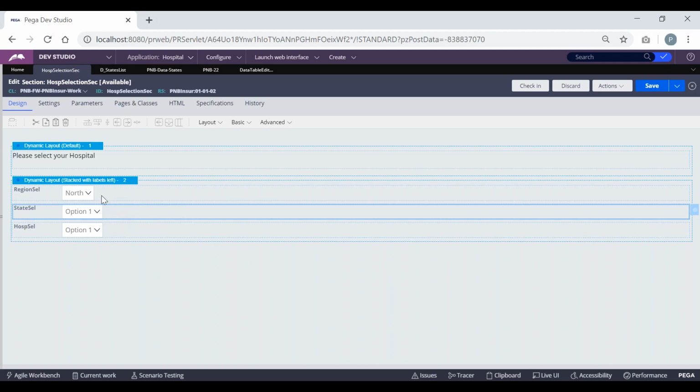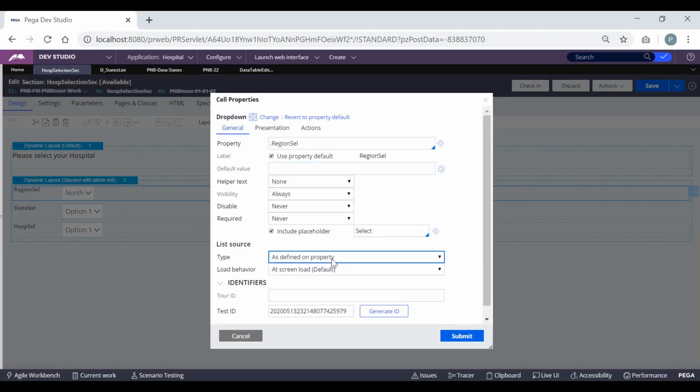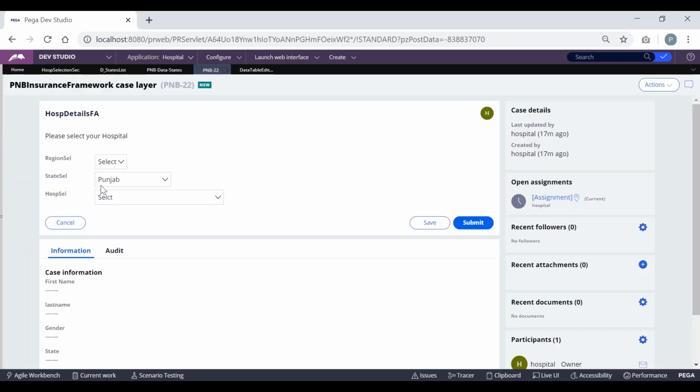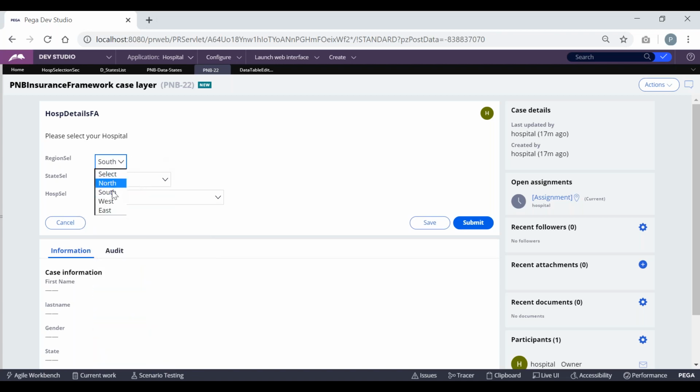So in the next approach, what we have to do is give the link between this one and this one. We know the first value is being populated based on the property values we are defining. So we need not work on anything here anymore. Why? Because by default we'll be getting these values. So no changes are required for the first drop down. And in the second drop down, whatever value I select, I should be displaying only those states. So we should be providing a link between these two.